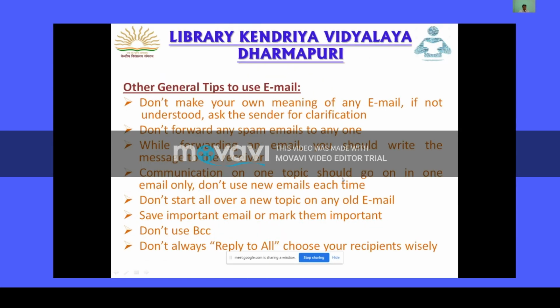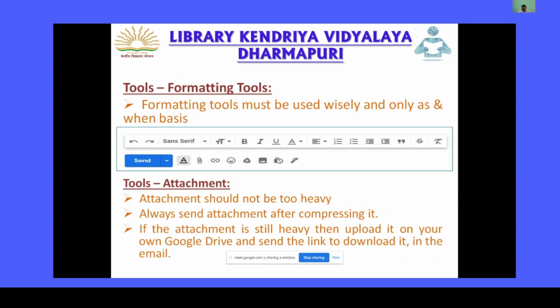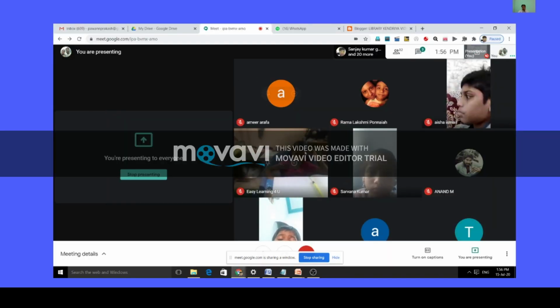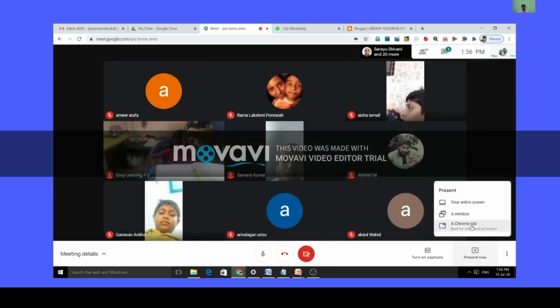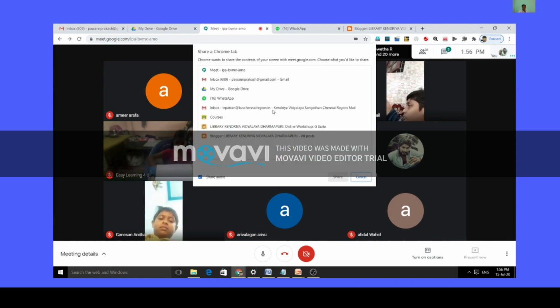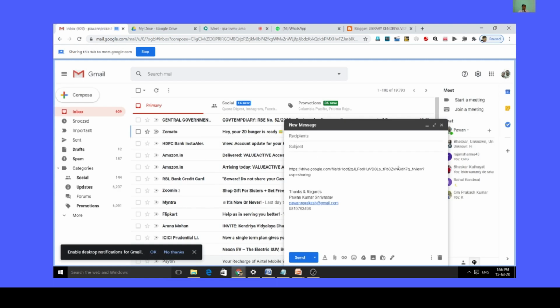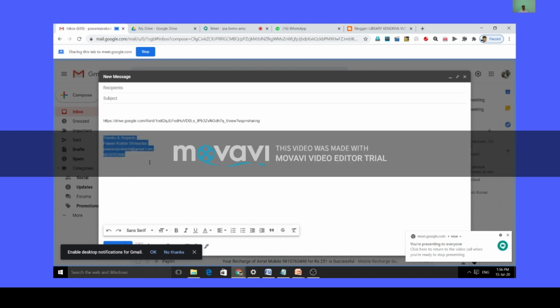Okay, so one thing I forgot to mention in the slides, I'll show you on the other screen. So see guys, this part, the highlighted part, which I am highlighting now, we call it signature.